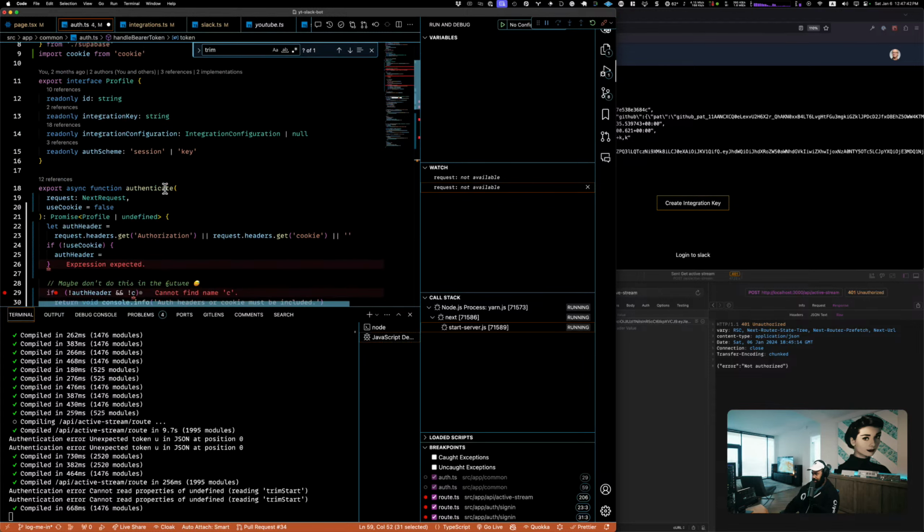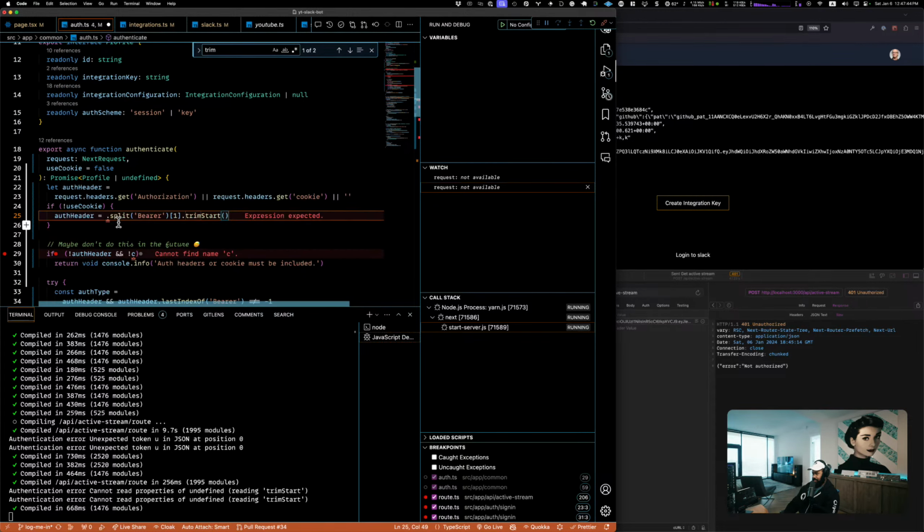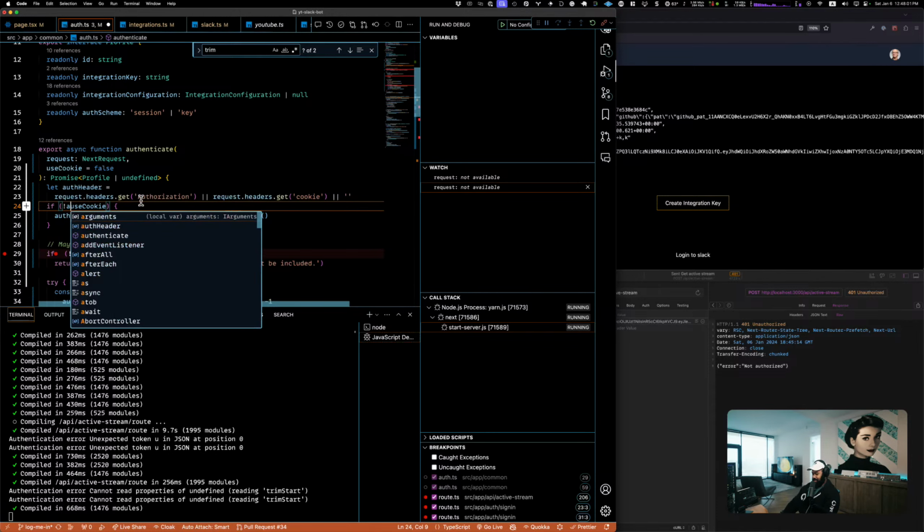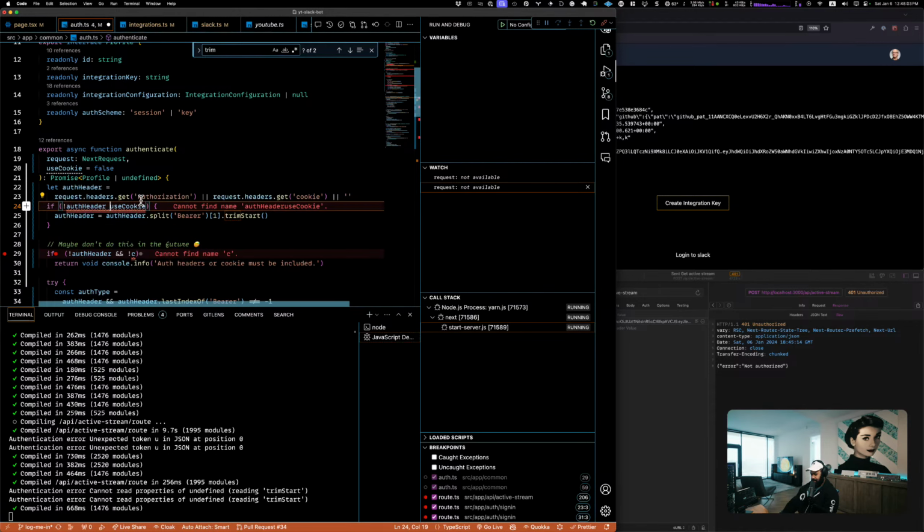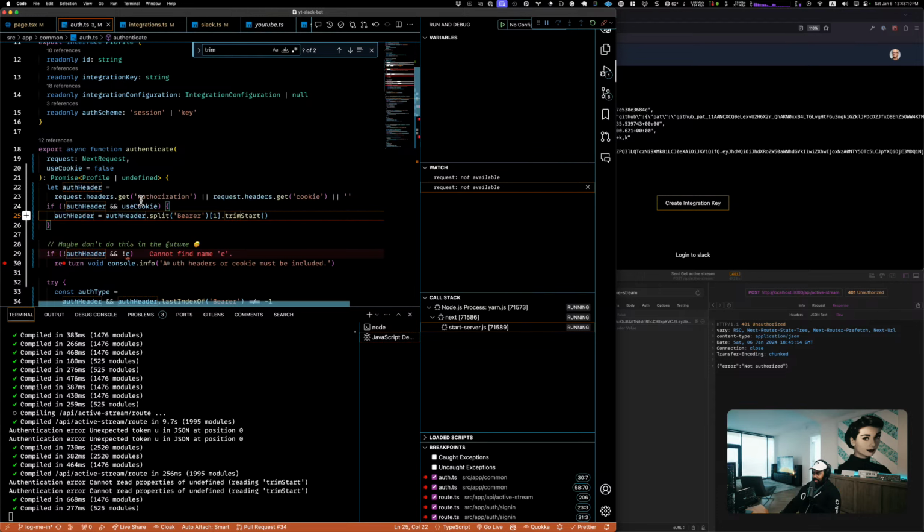So we'll just take that. So we're going to say if not use cookie, and well, actually we should probably say the first thing. Sorry. So we should say if auth header and that. All right. So this is the case that the auth header actually exists, like that.